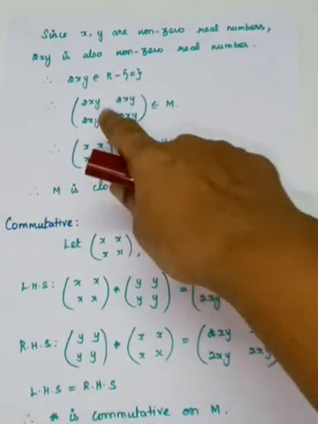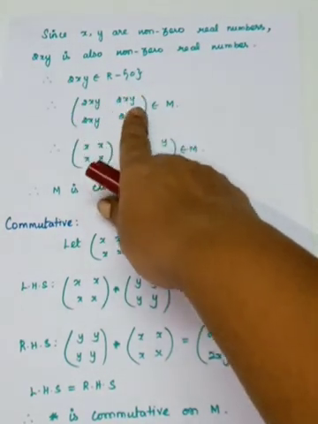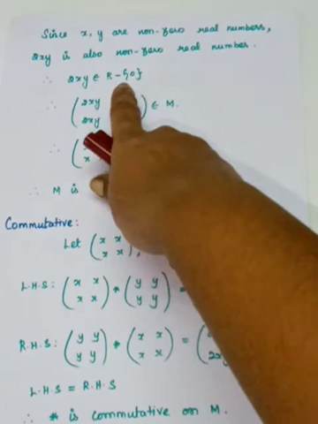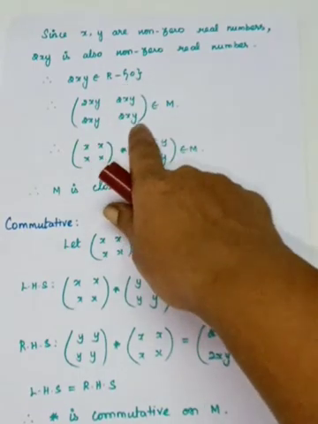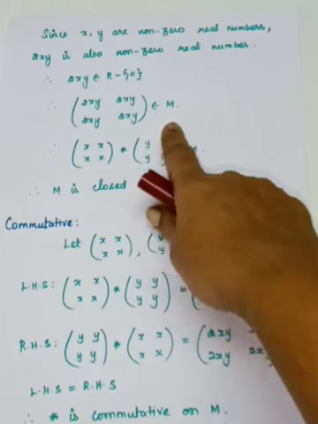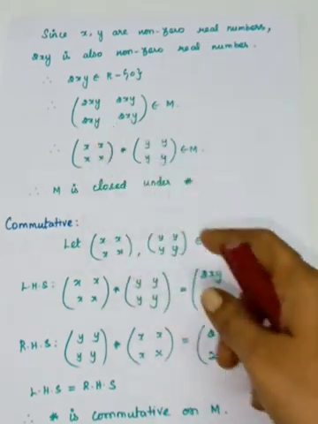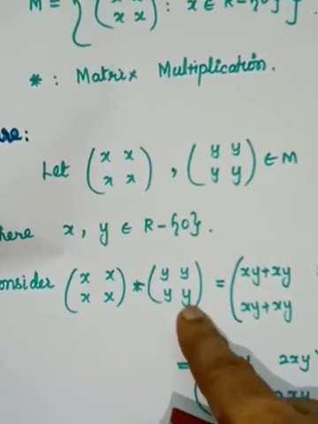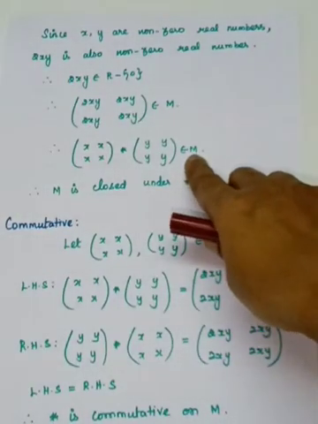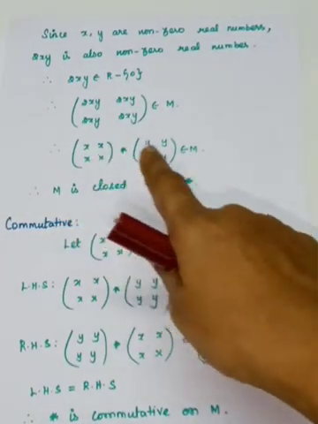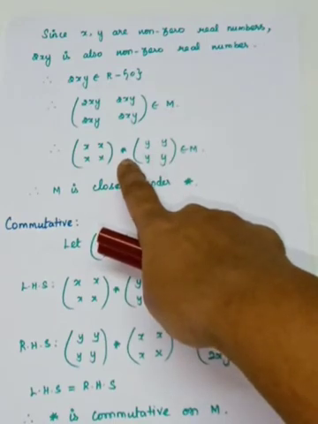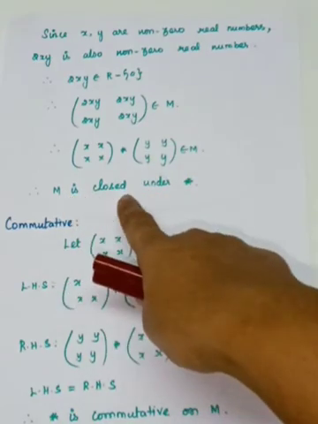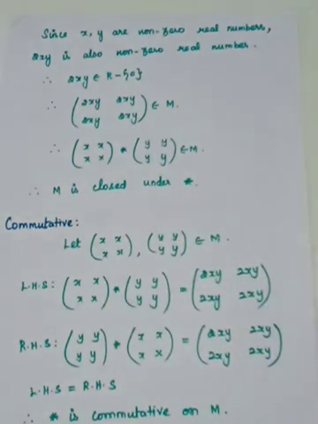So see that all the entries are the same, it is a 2 by 2 matrix, and this entry is a non-zero real number, which means this element belongs to M. This is the answer for the product of the two matrices, XXX asterisk YYY. These two belong to M. So we have taken two matrices from the set and applied the binary operation, and this answer also belongs to the same set,